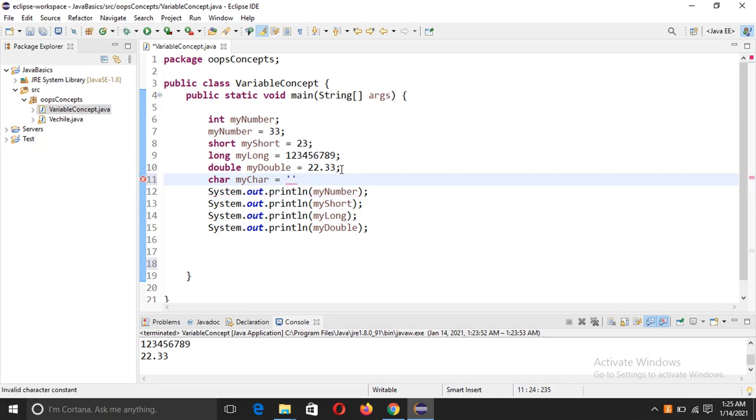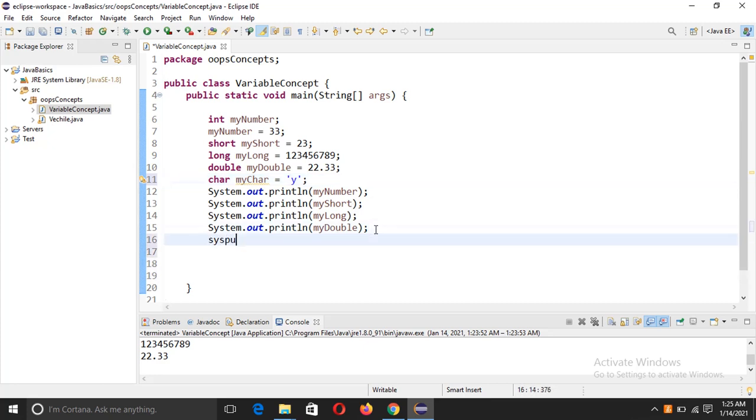Let's take y. This char data type is basically used to store single characters in Java. You have to declare them in single quotes.